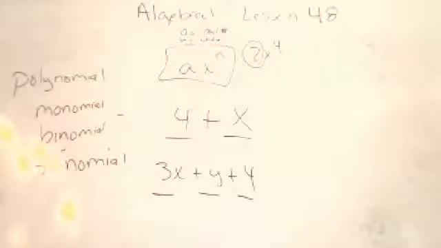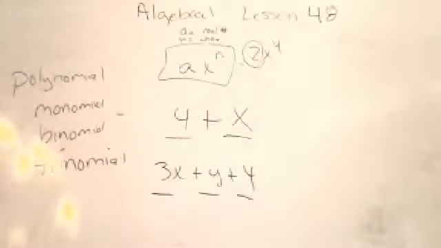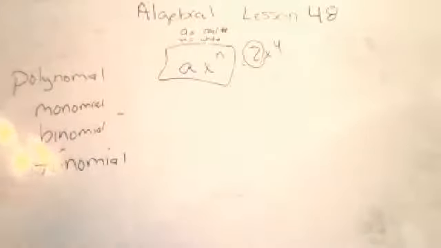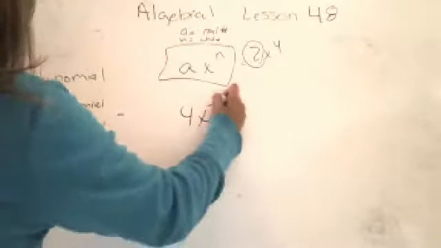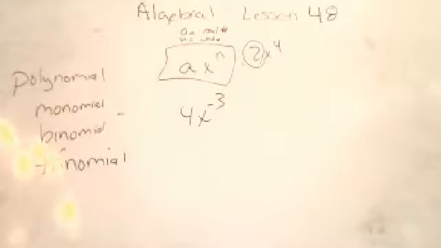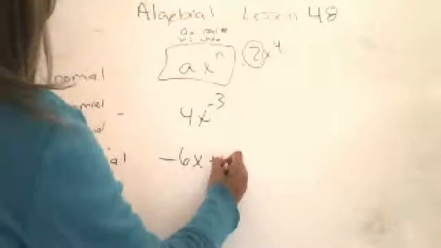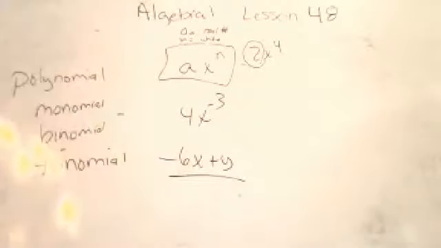Okay, saying that, turn to your page. And it says, so we already said that if it has a negative power, it is not a polynomial. So if I have 4x to the negative 3, not a polynomial because my exponent is negative. Okay, negative 6x plus y over z, that's not a polynomial, right? Because